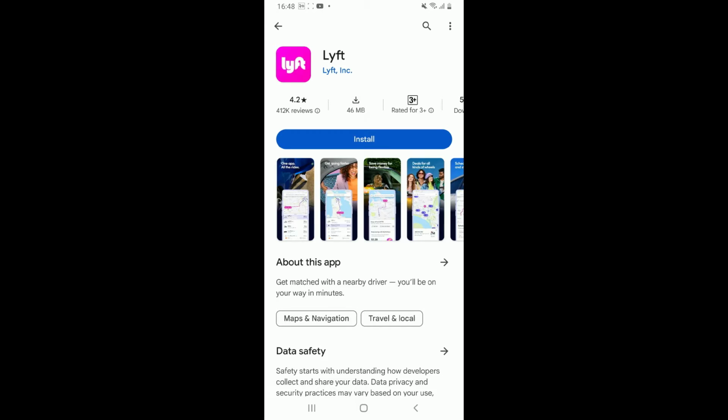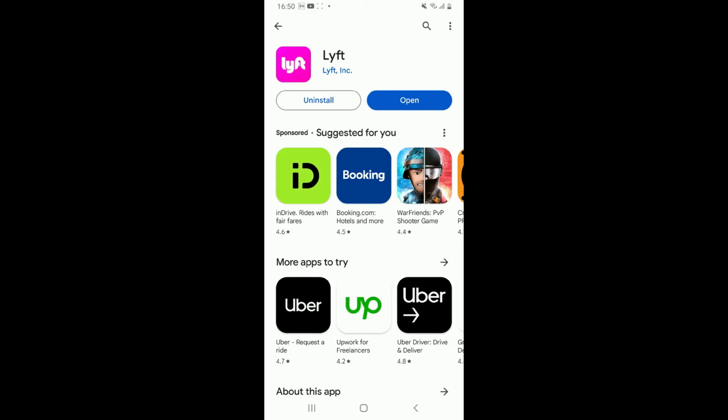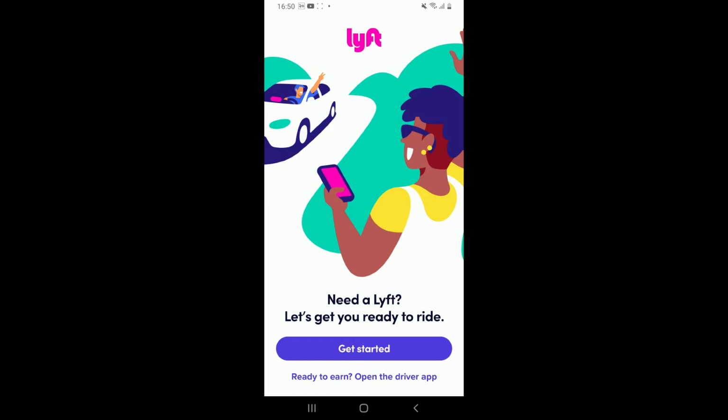button to start downloading Lyft application on your Android device. Now wait until the application is downloaded, which will take a couple of minutes. Soon after the application is downloaded, tap on open to open Lyft on your Android phone. So that is how you will be able to download and install Lyft application on your Android device in a